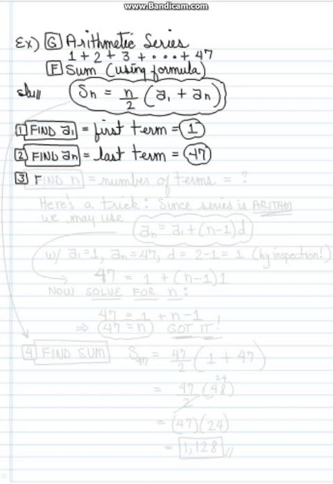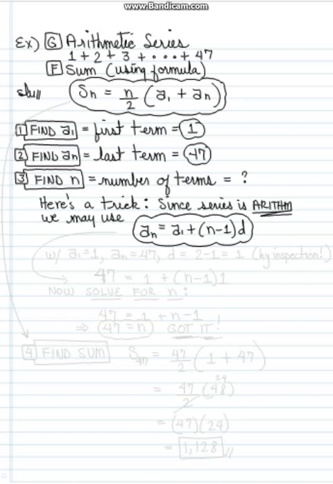Step 3, find n. Okay, here's the way to find n. It equals the number of terms, and we cannot see how many terms there are in a complex problem like this. So here's a trick. Since this series is arithmetic, we may use the formula for the nth term. That is a sub n equals a sub 1, the first term, plus (n minus 1) times the common difference d, where a sub 1 is equal to the first term, 1, and